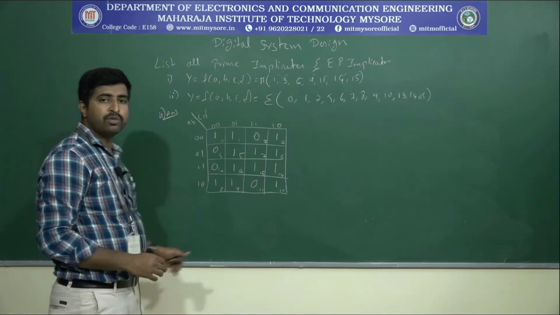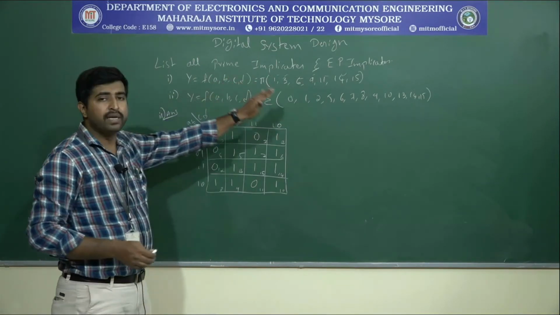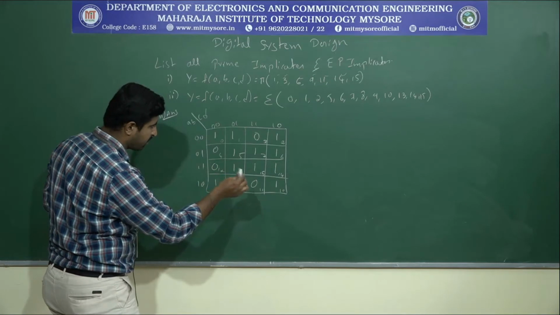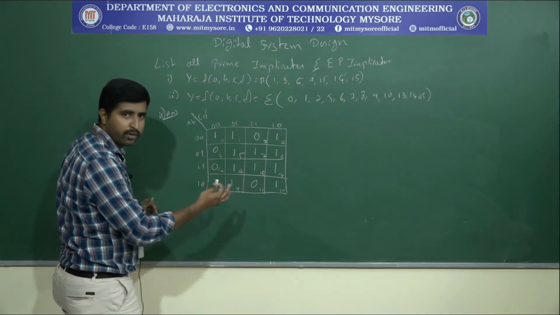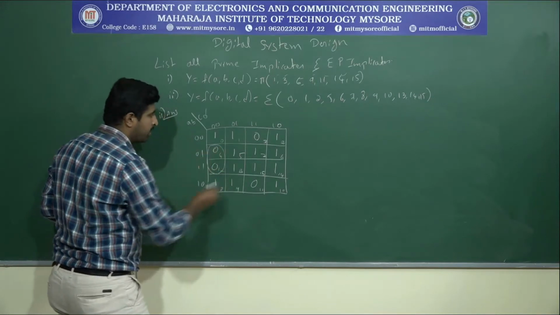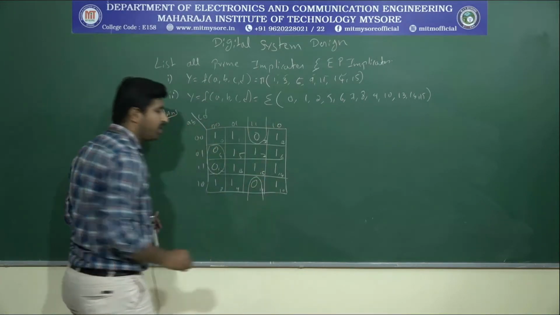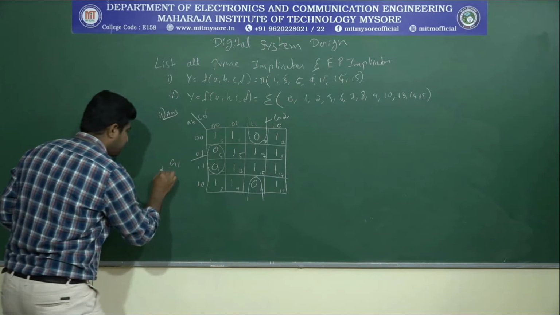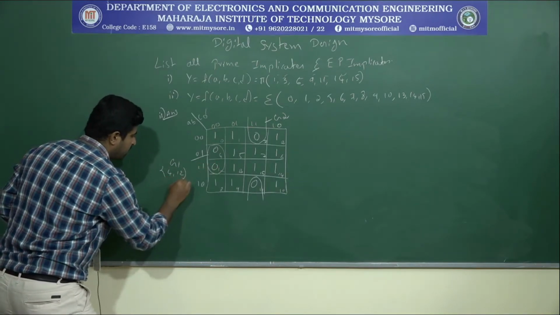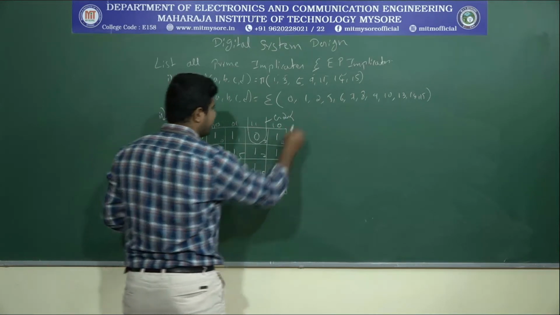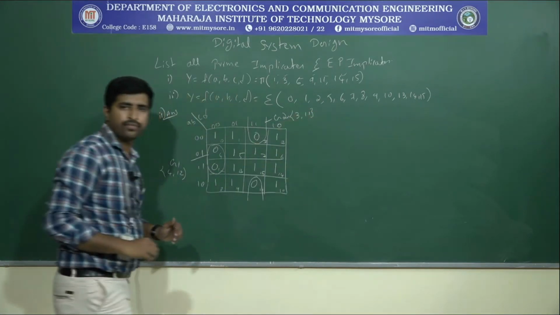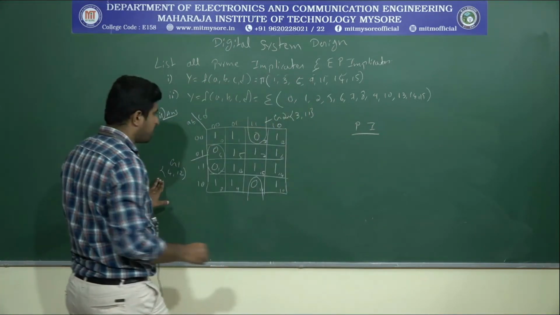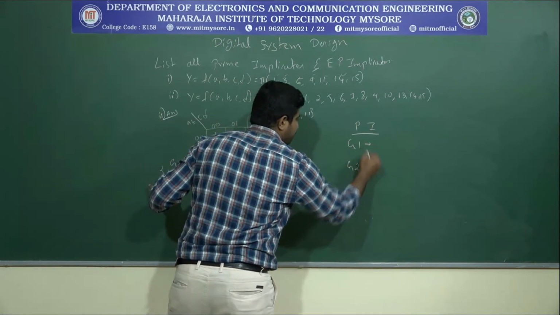Okay, so next we need to group the logic zeros because we want the prime implicates, keep in mind. So for prime implicates, we can't make a group of 4 zero cells. So that means 2, this is the 1 and this is the 1 group. So we have only 2 groups, G1 and G2. So G1 has cells 4, 12 and G2 has cells 3, 11. Okay, so let's write the prime implicates. So the prime implicates are G1 and G2.